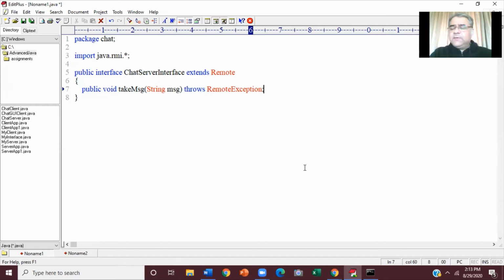Yes. The same way, client has already looked up the server stub. He's got the server stub. Now he can call methods on server. So can't he call a method on server and pass his stub as argument? Yes, he can. Only thing is, such a method has to be declared in chat server interface. Such a method which client can call and pass his stub as argument. So what do you think should be the parameter type of that method?